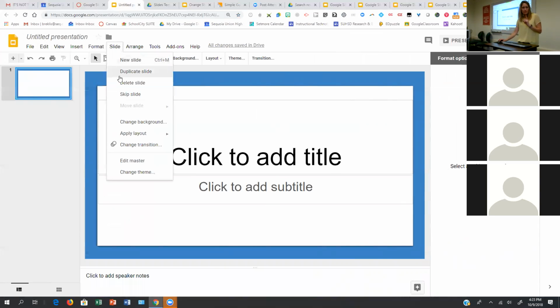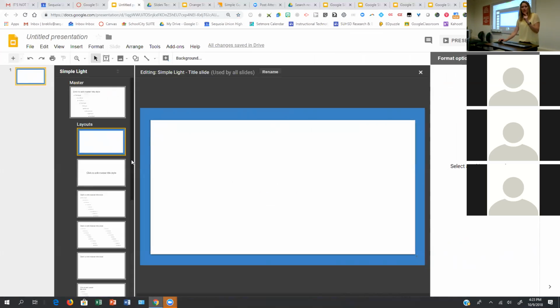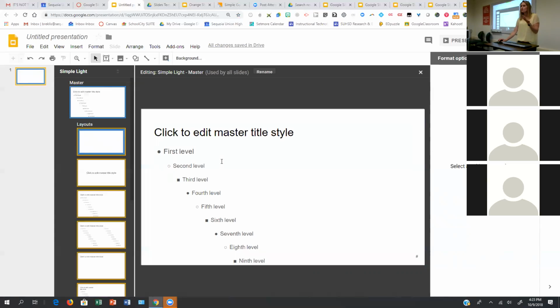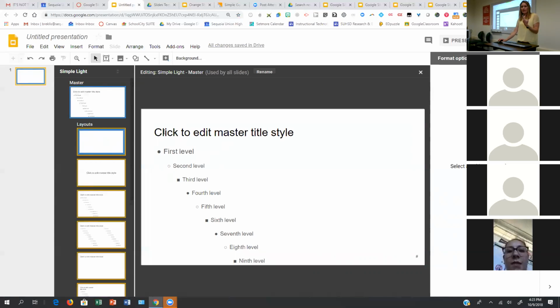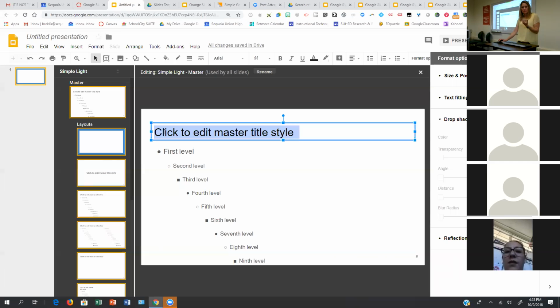Okay? So then the other thing I want to do, back to the master, is I want to change the font for all of the slides, right? So it defaults to Arial. You can keep Arial, but I'm a little bit particular with my font. So I like to change my fonts. And this is where I'm usually going to go to the first one because then this gives you all of your slides. So for any titles, I'm going to click here.